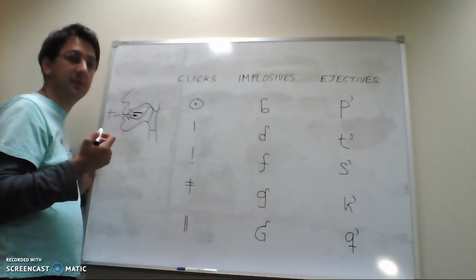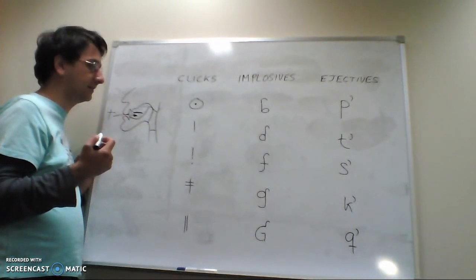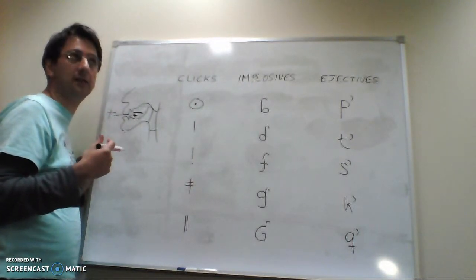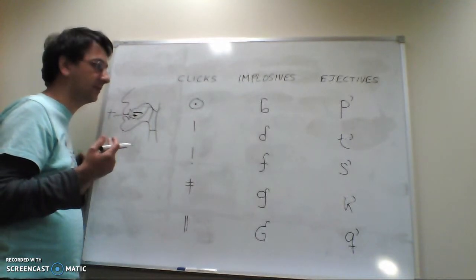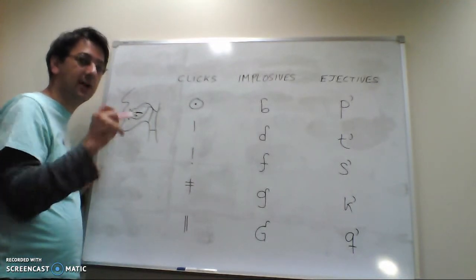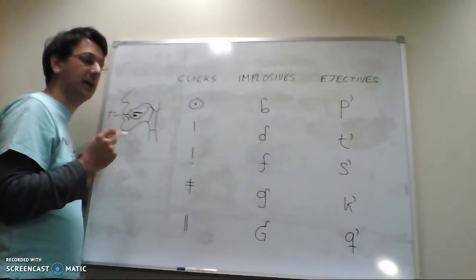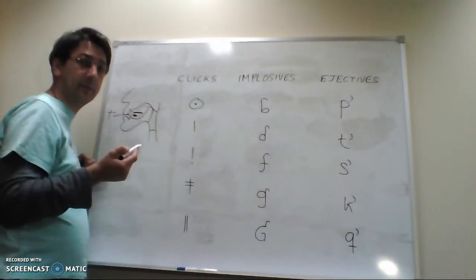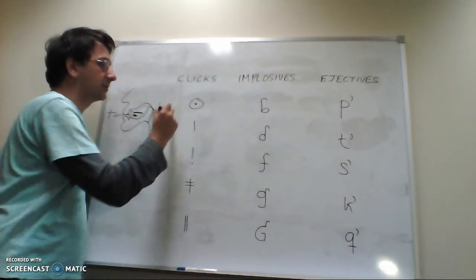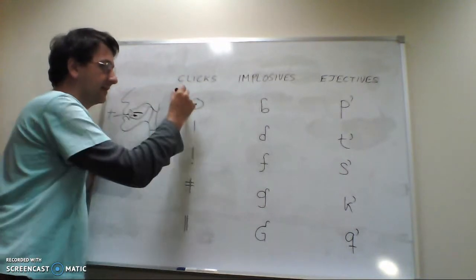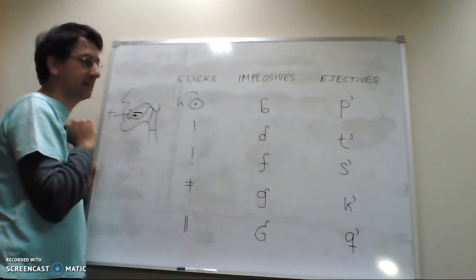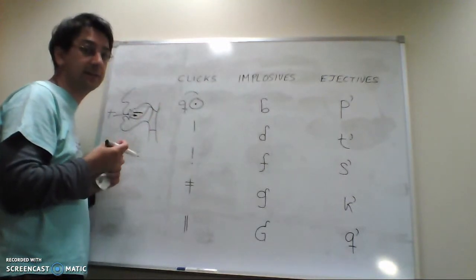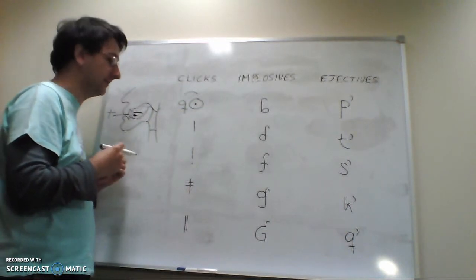Some people actually propose that clicks should be transcribed as contours, like affricates, for example. So there should be two symbols together with a ligature on top of them, so that you can specify the different characteristics of the back constriction, right? So you could do something like this if you want to specify that it is a velar mechanism, or you could do like this for a uvular,